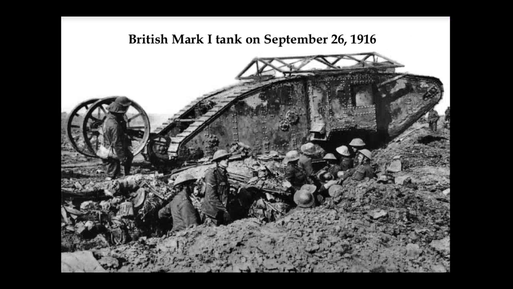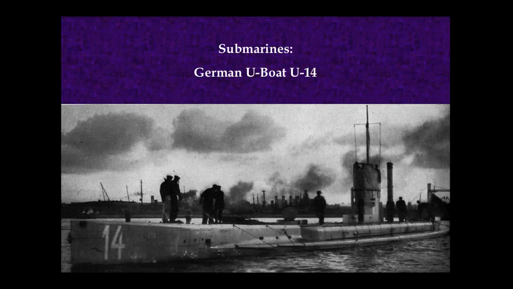Here is the first tank that was used, the Mark I. The British developed the tanks to go through barbed wire and go through the trenches. And the first tanks, you could walk faster than they rolled. They went about 4 miles an hour, so not a very fast ride. The Germans were the ones that were famous for using the U-boats, the underboats is what they called them.